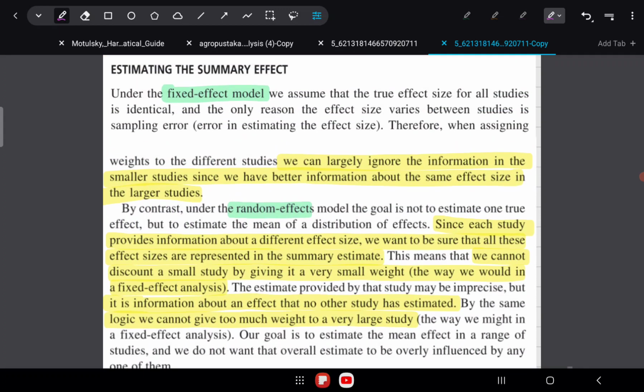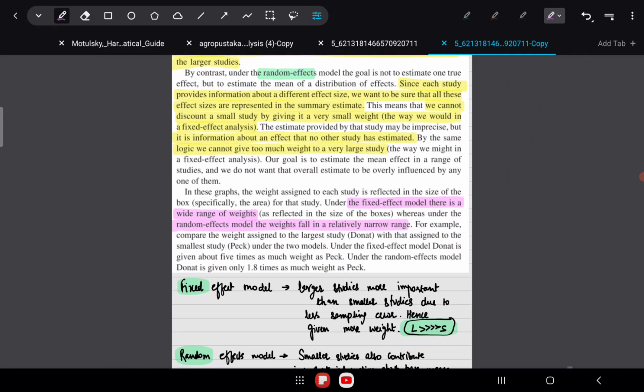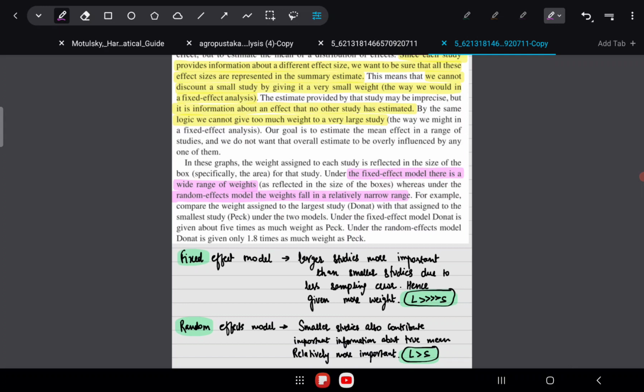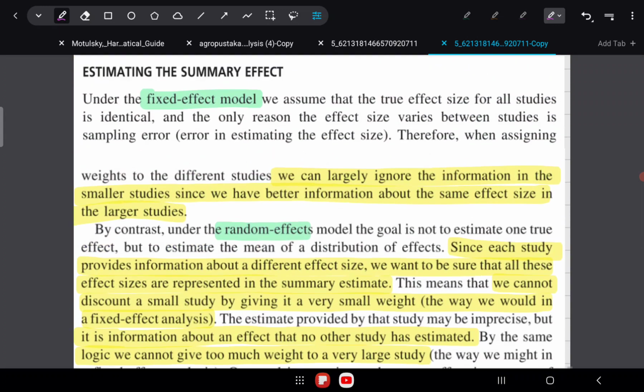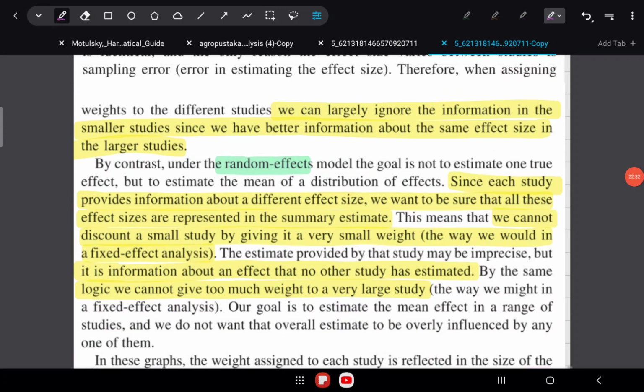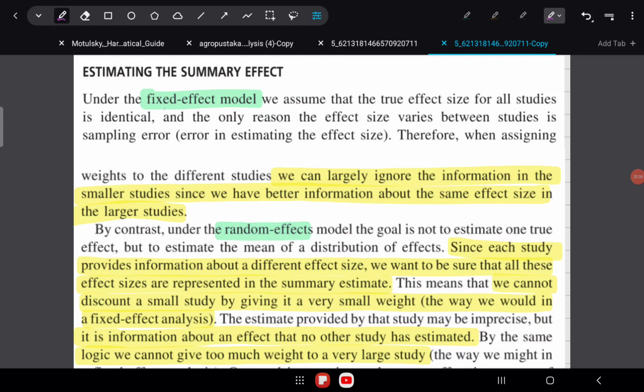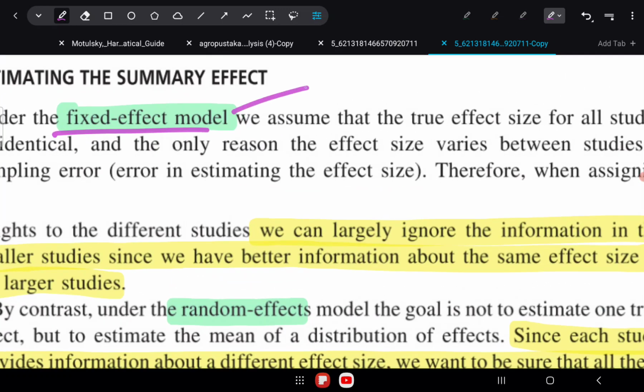Another difference, and this is quite important, is that the relative importance of studies changes when we go from fixed to random effect modeling. It makes sense, because in fixed effect modeling our assumption was that the only variation that is important is the within study variation, and that the variance depends on the sample size of the study, right? So it makes sense that in fixed effect modeling, the larger studies should be more important than smaller studies, right?